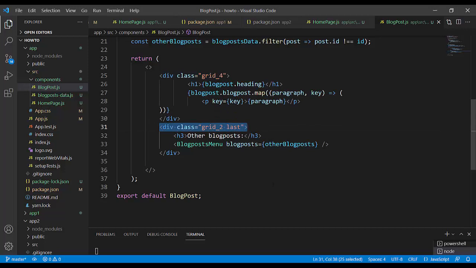Together they cover all 6, 4 and 2 is 6, all 6 columns, all 6 grids. But this grid 2 must have class last, so that there is no overlay after